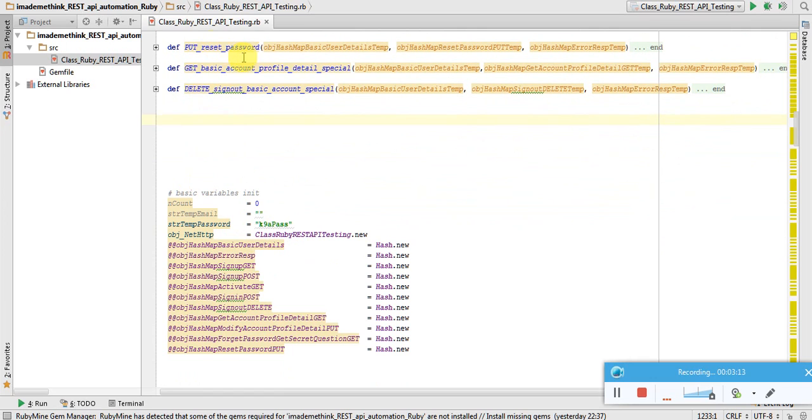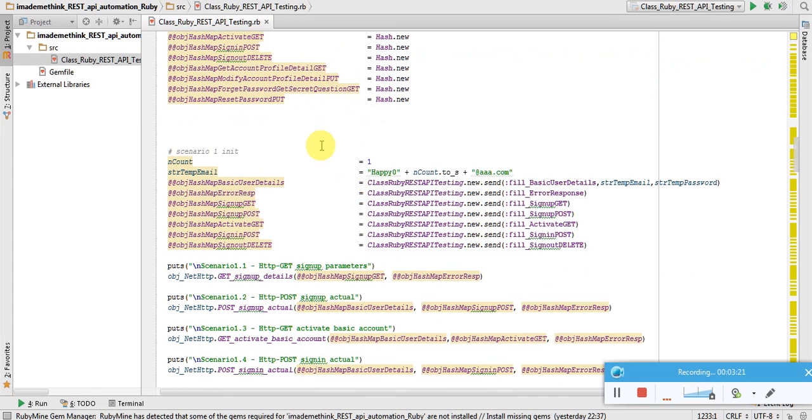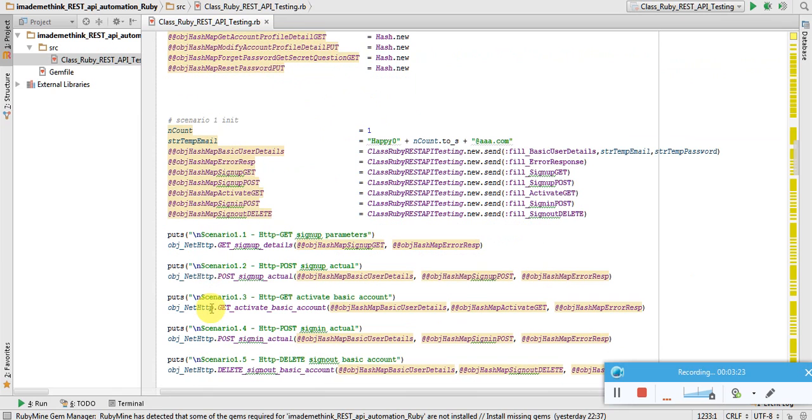Basically we define all the methods in the same class file, and this is the basic variable initialization, all hash maps. There are 6 scenarios, so for each scenario a special init is required. Later we can do it similar to TestNG or JUnit. In Ruby we have something called RUnit, like JUnit, but that is out of scope of this project. So we will do everything in the same class file.